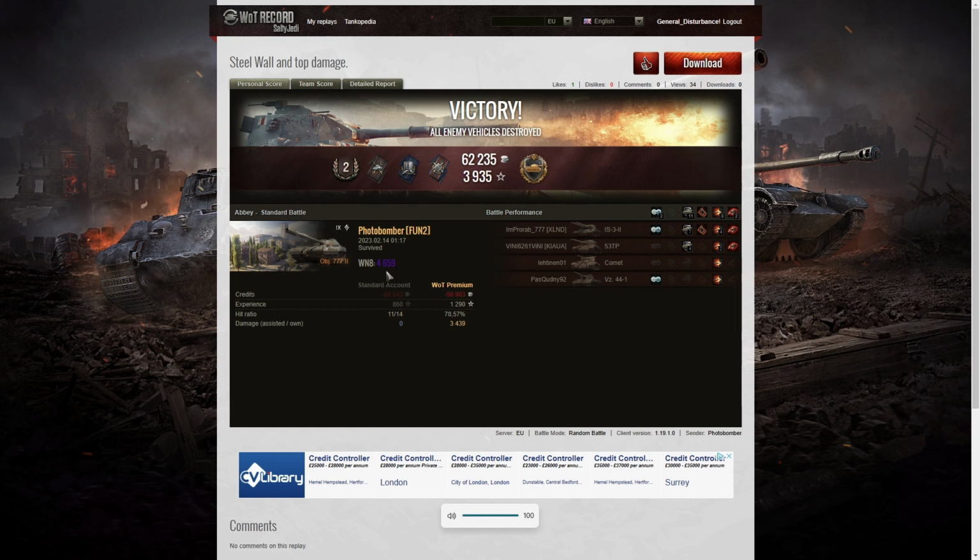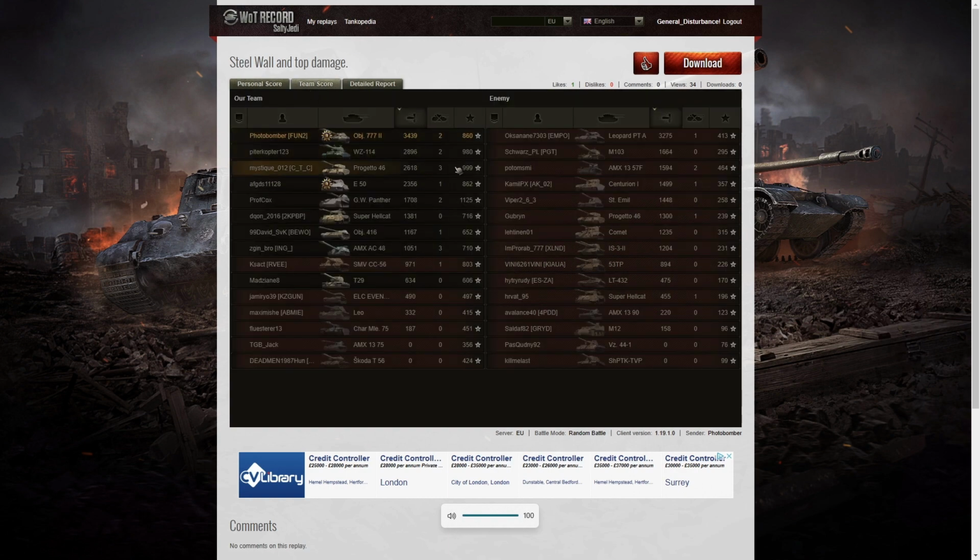His win rate, 4,659, which is Super Unicum standard, but it wasn't really a game to write home about, other than the fact, of course, he did get the highest damage, but didn't get 20% of the enemy hit pool, so he didn't get the high caliber. 3,439 hit points was the amount of damage he managed to get. The Leopard Prototype A on the enemy team managed 3,275, and the third highest damage was the Wizzy 114, who got